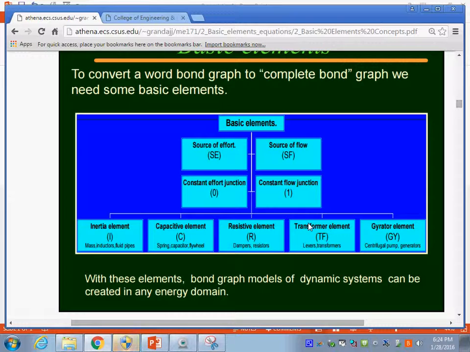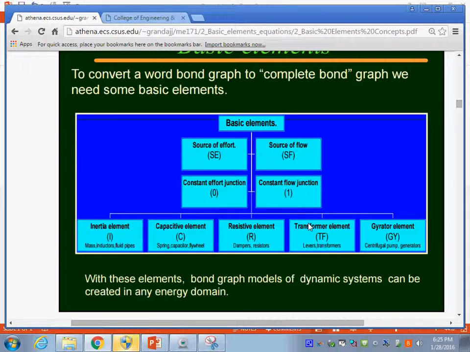Sometimes it's called a cross transformer because it's like in electrical motors. The voltage is always related to the angular velocity,